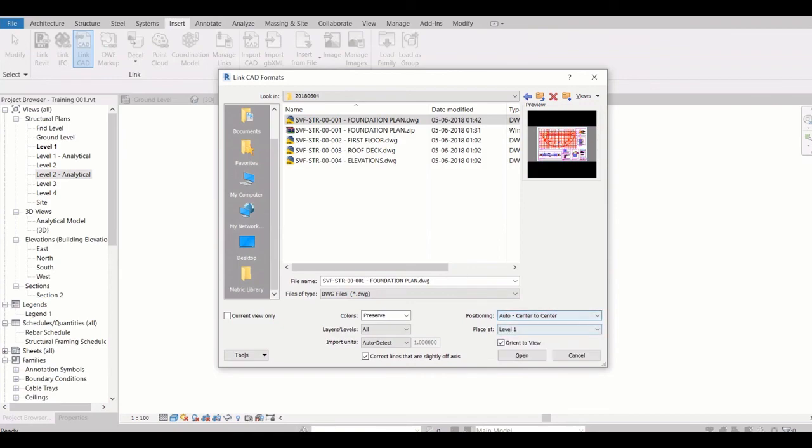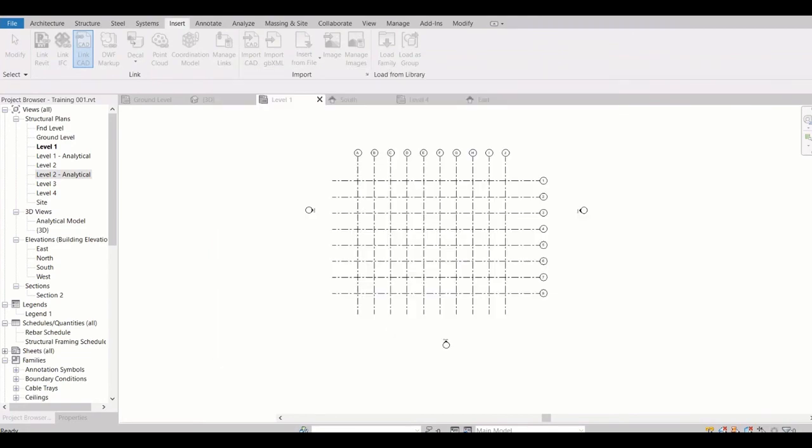Okay, so better to put auto center to center, place at level 1 or whichever level you want, you can put it. Orient to view, it's as per the project north and other north system. So whatever you want, just click it and import it.